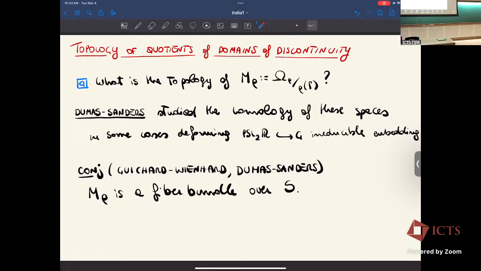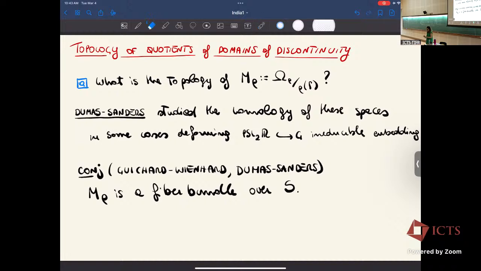I didn't discuss it precisely because it depends, in the way that Guichard and Wienhard do it, on the target group G, and the relation between P and Q is not that simple. It's simpler if you do it with balanced ideals, but you need to introduce that whole combinatorial side. But you should just think that in general for all these groups,